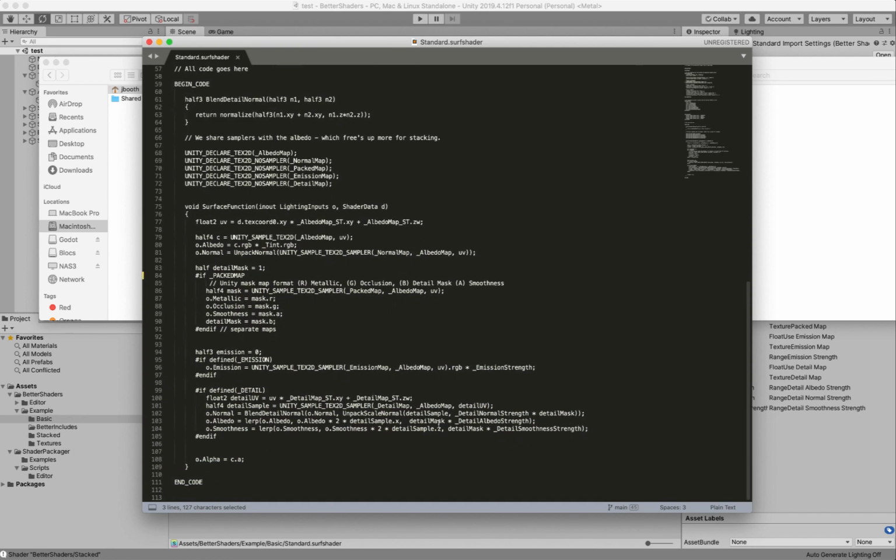And then in here, I have all my code under this begin and end code block. And you can see here, I've got a blending function for the detail normal. I've got my samplers declared here. And then I have this surface function. And in the surface function, you basically get lighting inputs, which is what you fill out. It's the inputs to the lighting equation. I thought about calling this surface data or something, but that term has been used all over the existing code. So I decided to just call it what it is, which is inputs to the lighting equation. And so that's your albedo, normal. It's basically like the surface functions you see in